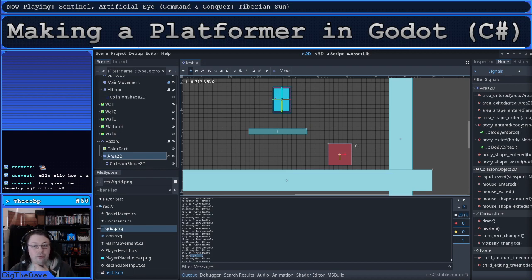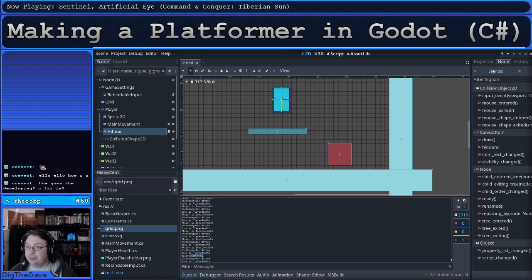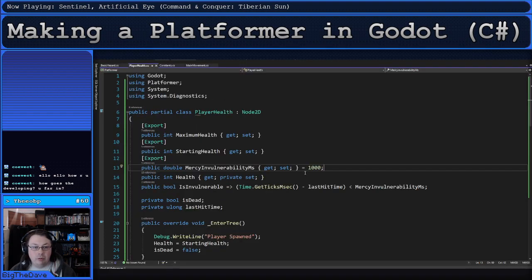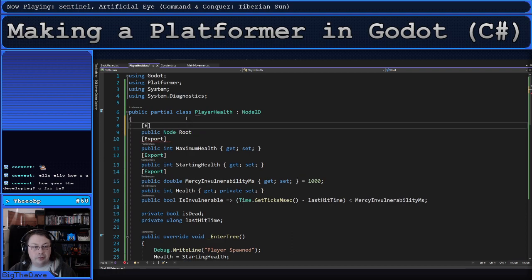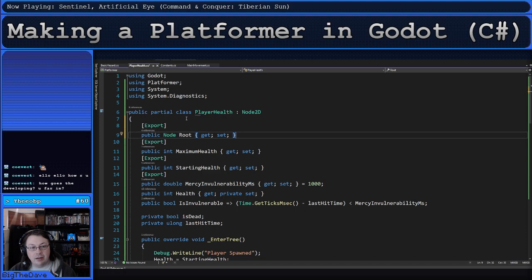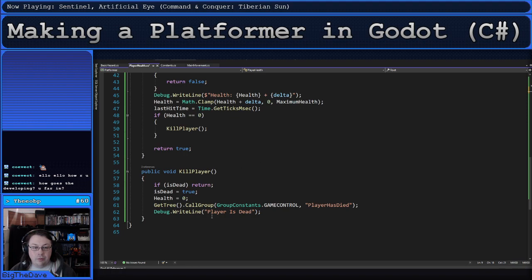So now we need to actually kill the player. How do we do that? We want to remove it from the world once it takes damage. So what we once again need to do is add a root node. Do we need to add a root node? Or do we just need to make it a signal? No, I think we need to make it a root node. So when we kill the player, we signal that the player has died, and root dot